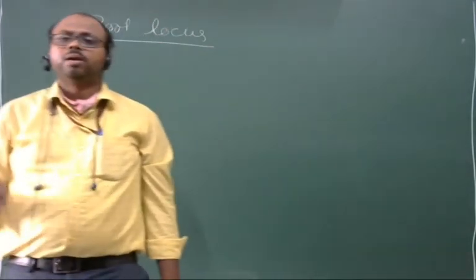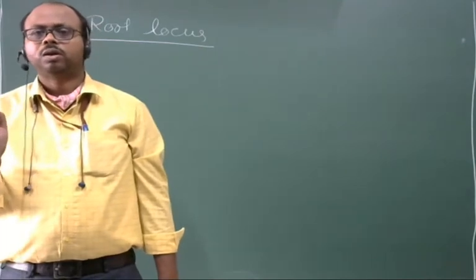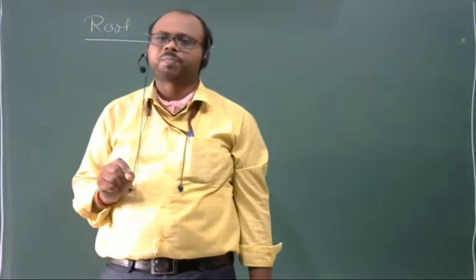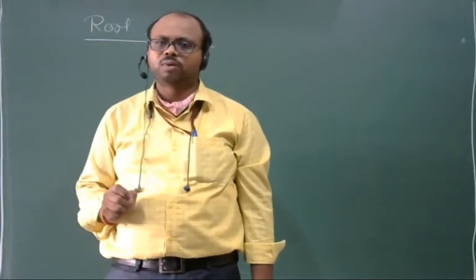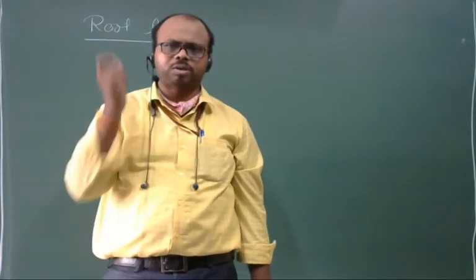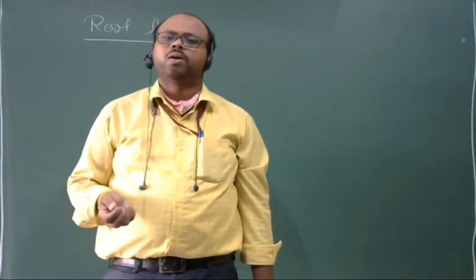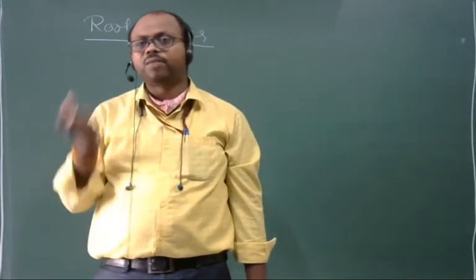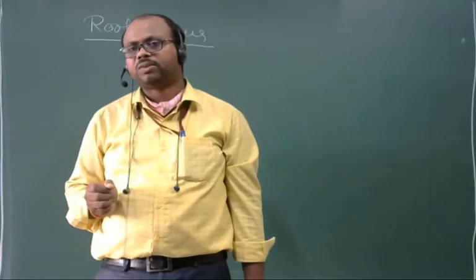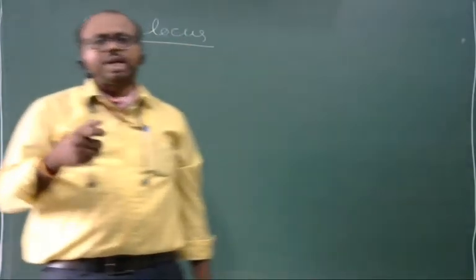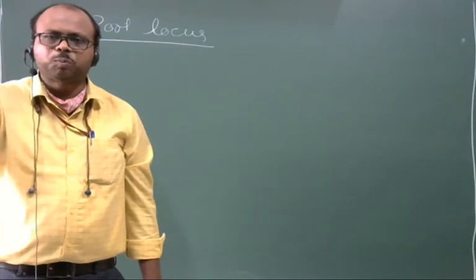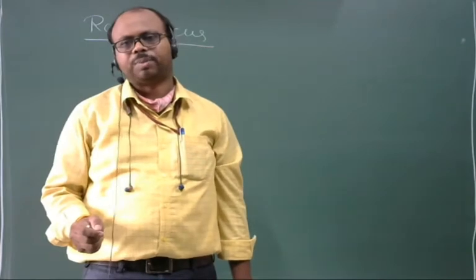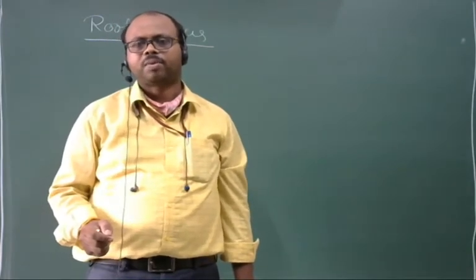So root locus shows the absolute stability as well as relative stability. It is the advanced form of Routh-Hurwitz criteria. Obviously, it uses Routh-Hurwitz criteria also for drawing root locus. But it's a graphical way for determining the stability. And graphically, we can say that after this point, the system will be unstable, and up to this extent, the system is stable, right?